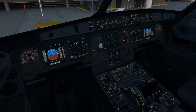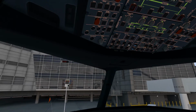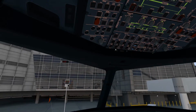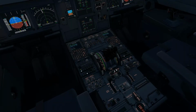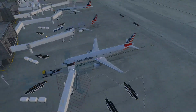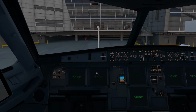We can turn on the APU. Let's see here. We can turn off the lights. So beacon, nav lights are off. Wing lights are off. Taxiway and runway turn off lights are off. And let's see. We can release the fasten seatbelt signs. And let's kill the engines. Engine 2, engine 1. And now SAM is doing its thing. It's bringing the jetway and it will open the aircraft doors. And the APU is available, so we'll turn on the APU. Alrighty, so